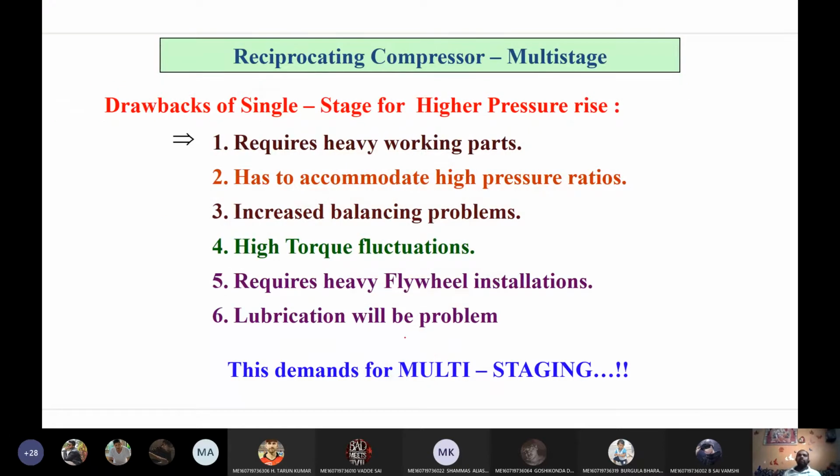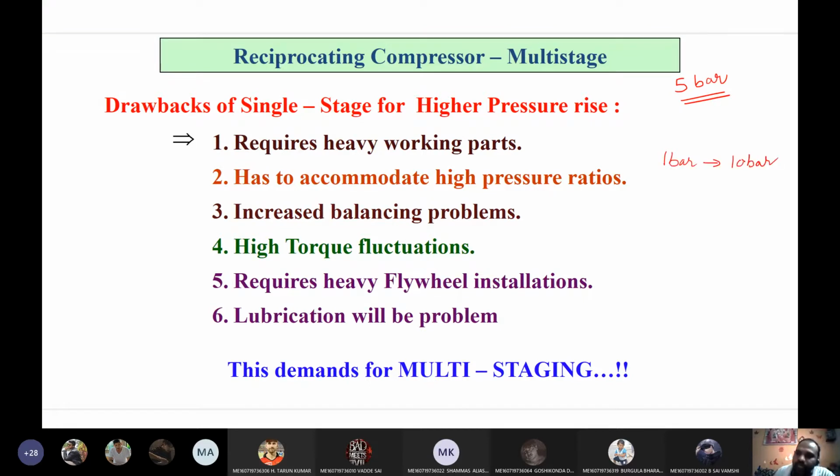Right. Now, so far we discussed single stage air compressor, right? Basically, a single stage air compressor can be used if you want to increase the pressure up to 5 bar, 5 times the atmospheric pressure. If you want to increase the pressure beyond 5 bar, let us say, you want to increase the pressure of atmospheric air from 1 bar to 10 bar, let us assume your requirement is from 1 bar atmosphere to 10 bar.